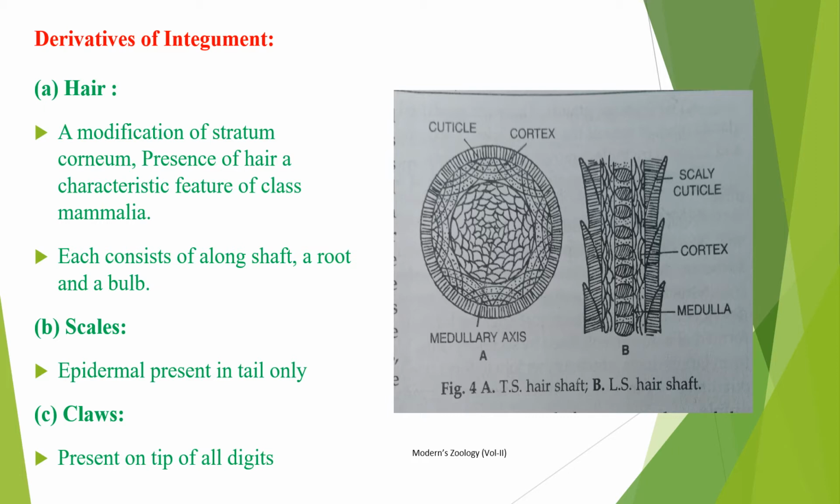On the outer side of the hair, the cuticle is there, which is made up of overlapping scales. Middle is the cortex, which is made up of compressed cells and pigment, and inner is the medulla. It forms the central core and the air spaces. Another derivative of skin is scale, and these scales are mainly epidermal and present in the tail only. Next derivative is the claws. Claws are present on the tip of all the digits of the rat,